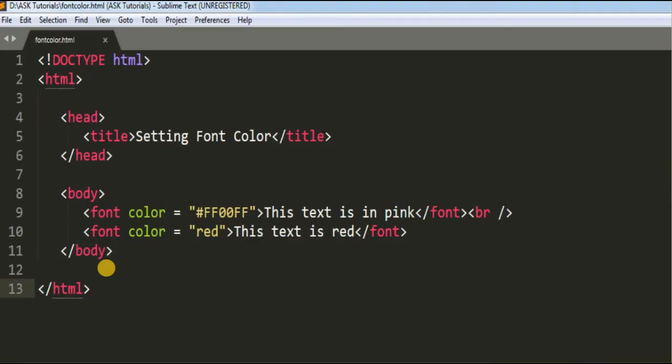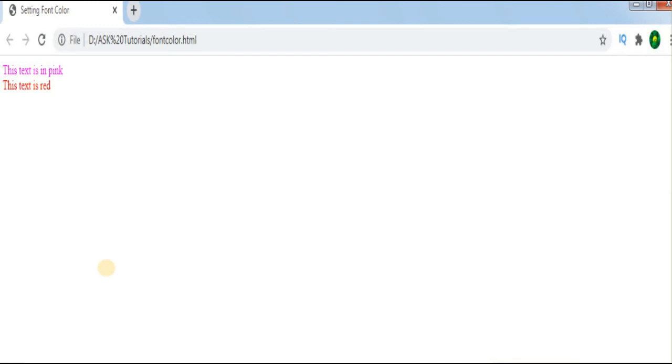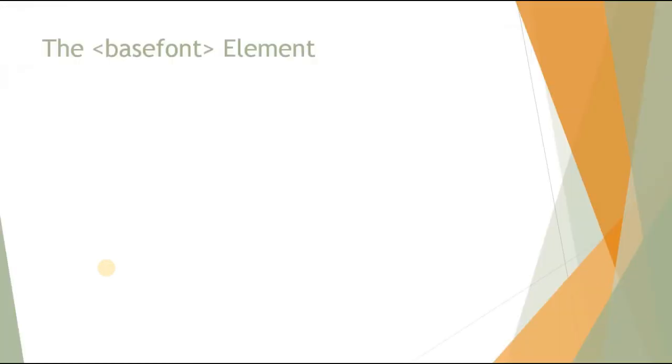This is an example for setting a color. In the first line we gave a hex number. In the second line we gave a color with a name, color equal to red. When we execute this page, we get an output like this. This is how we use the font color in a page. Font color makes a page attractive, so it plays an important role in an HTML page.